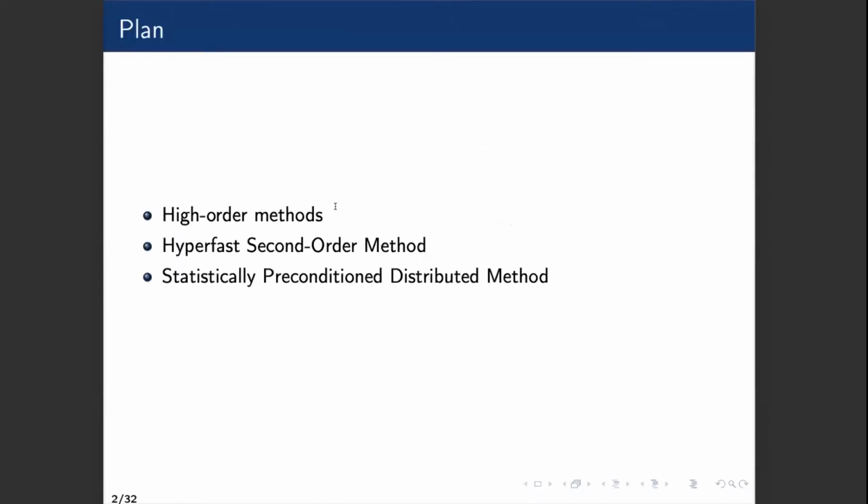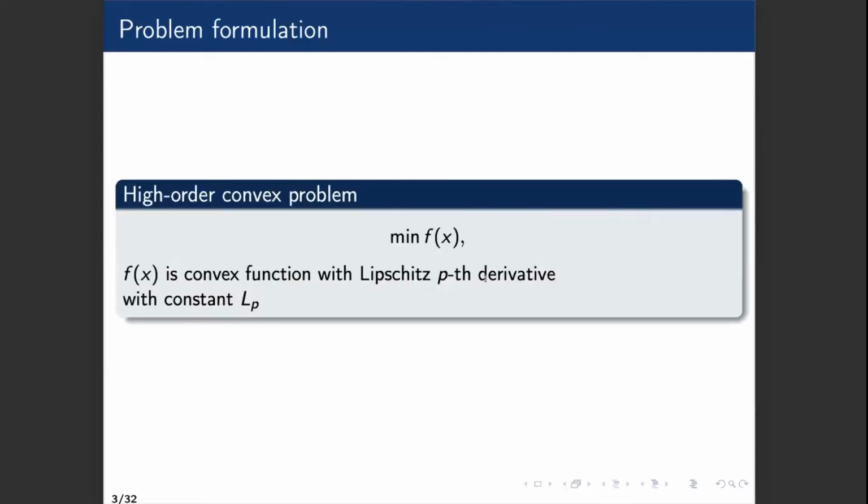So the plan: first I will speak about high-order methods. Next I will speak about hyperfast second-order methods and what they are. And the last part will be about the distributed version of this method, the statistically preconditioned distributed method. So first, let's start with the high-order